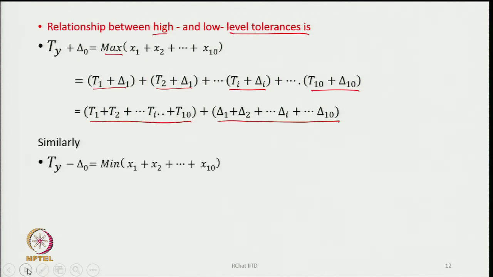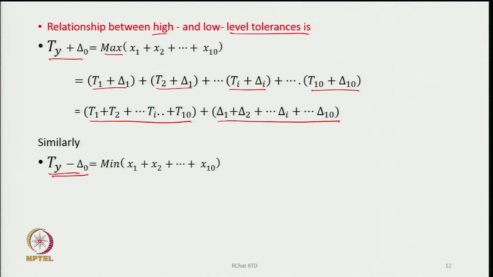Similarly for the lower level, no sorry, this is T_y plus delta_0, that is the target value of y plus its tolerance, and the target value of y